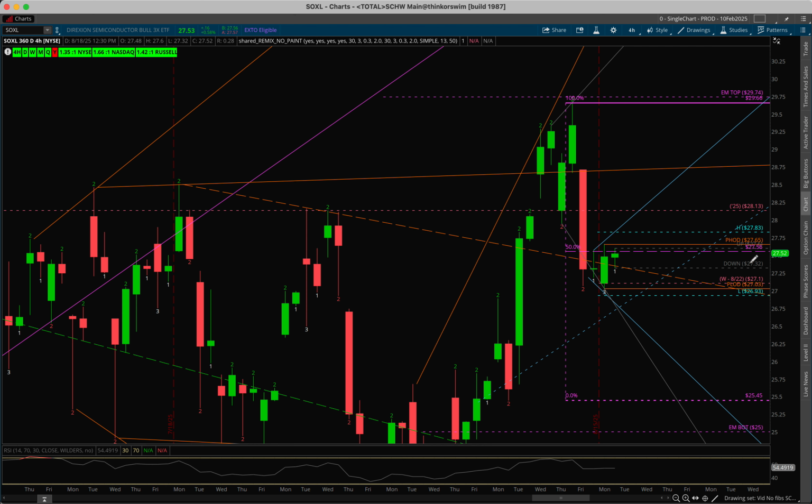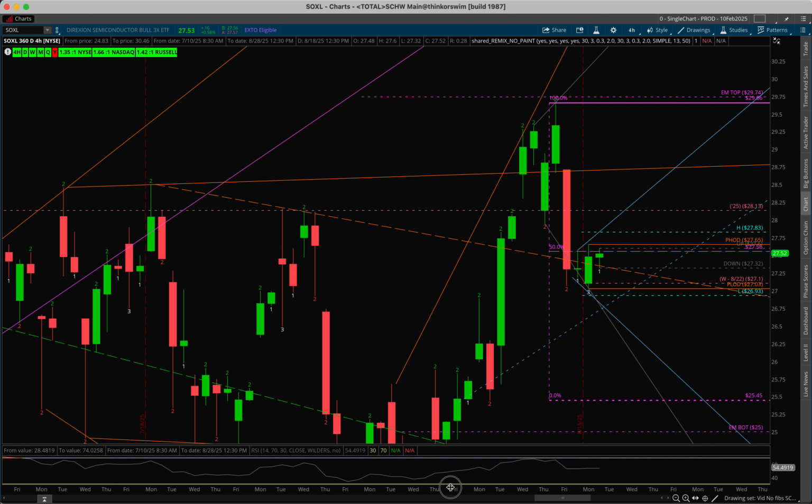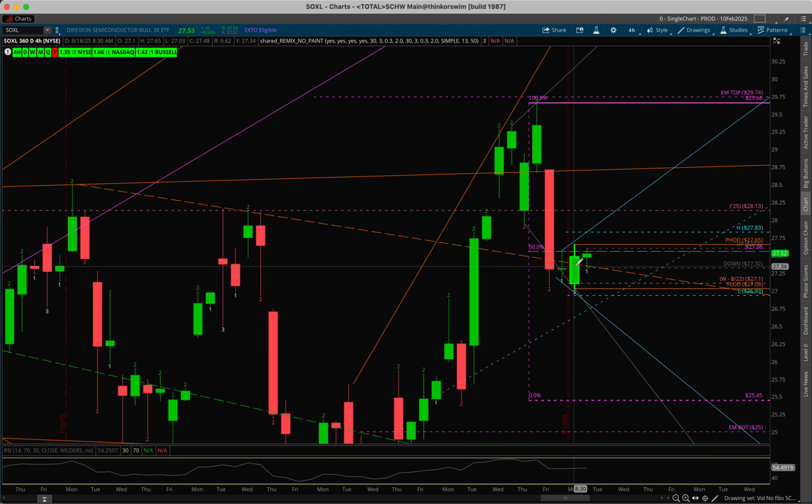Not as much magnitude to the upside, but it would confirm basically a 1-3 rev strat. So that's another one of the basic 6 reversals, a 1-3. If we were going back to the upside and we had a red 1 and a red 3, that would be a 1-3 reversal back to the downside. But here we have it at the bottom of a downward movement, with a green 1 and a green 3. So price movement up should give us the confirmation of the 1-3 rev strat, pushing us back up to try